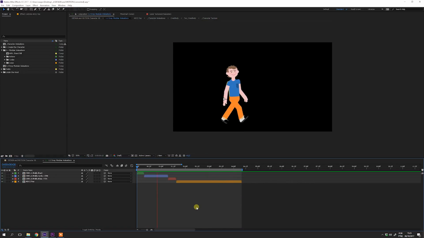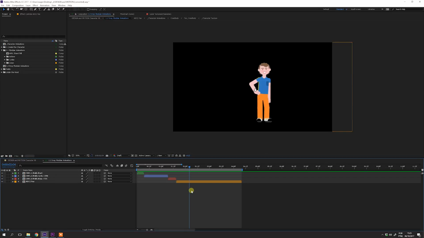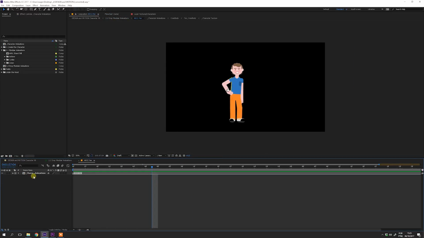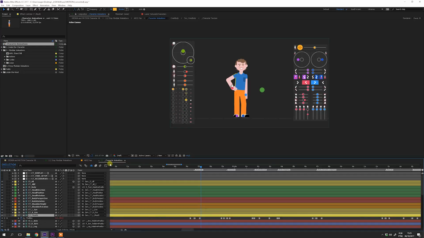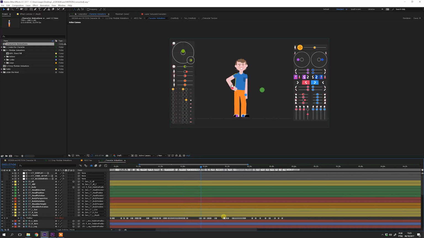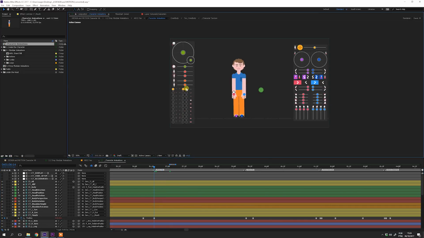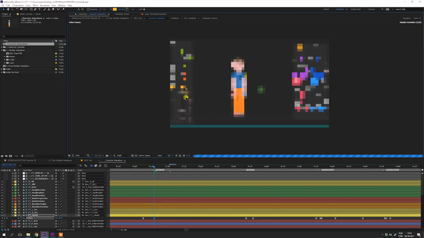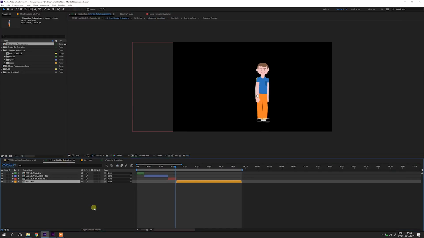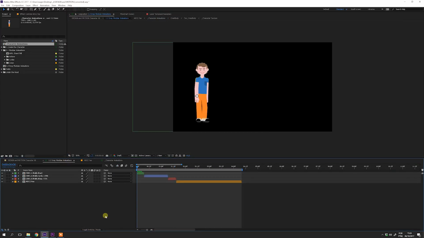If you want to change or adapt an animation, double-click on it until you get to the character animation composition. In this composition, you can find all the animations that I made for this kit. When you change something here, it will change automatically on the models. I will change the mouth of this character by dragging this controller. Now, on the Drop Modular Animation comp, you can see the new animation.